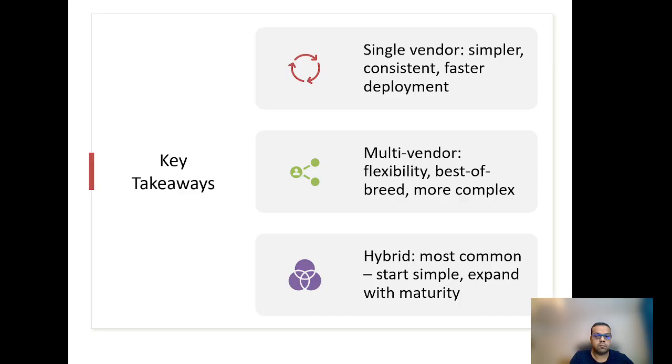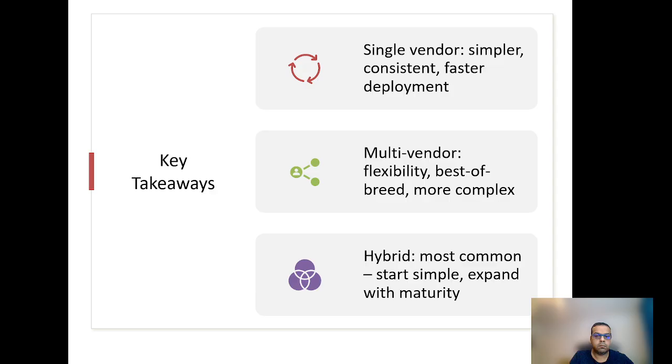Now, some of the key takeaways of the session. Single vendor is simpler and faster when it comes to deployment, but potentially less flexible. The multi-vendor approach gives you more flexibility and best of breed technology, but is more complex to operate.